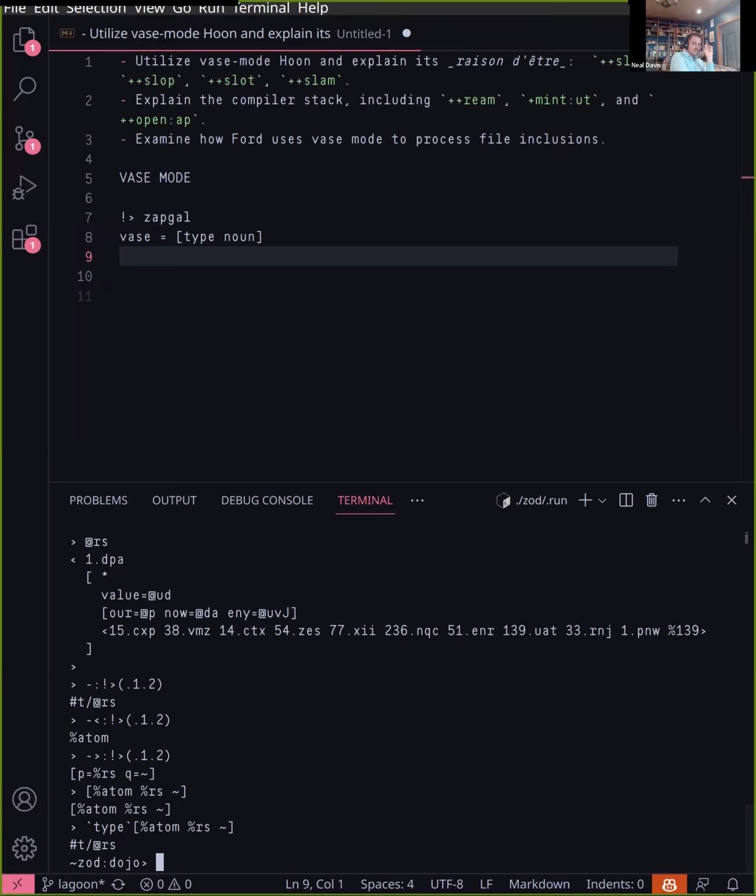We also use it to mean mark, in the same sense that we'd say something like a file type or a MIME type. And when we talk about a mark, we're talking about not only something that has a noun representation, but it has rules that facilitate converting between these nouns, so that you always have a road from one place to another. And what we're going to be talking about with type here now is